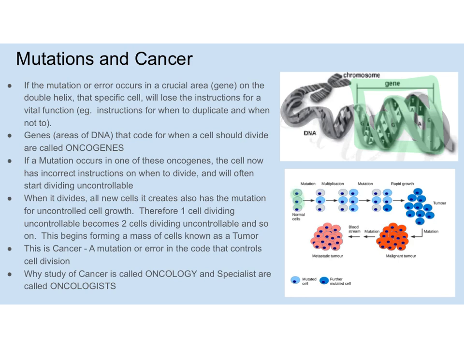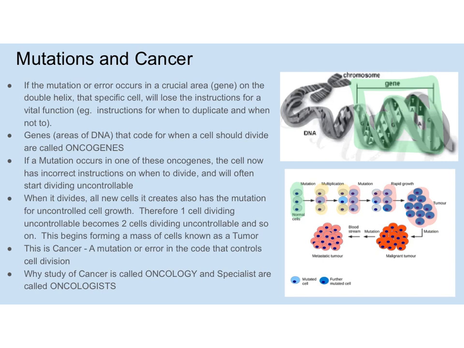Now, this is what happens when you have a mutation. Over here we've got normal cells. Then one of them gets an error in it. When that cell replicates, it's going to create two more cells with the error. Those cells are going to go on to replicate to make more cells, and then a whole bunch more cells. Now, the ones that don't have the error, if we go back here, these two cells right here,